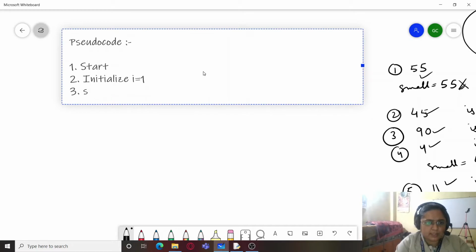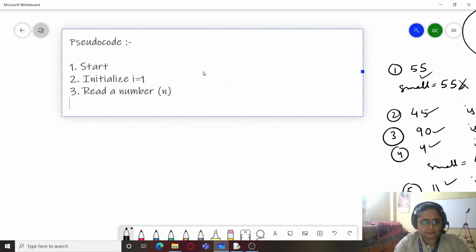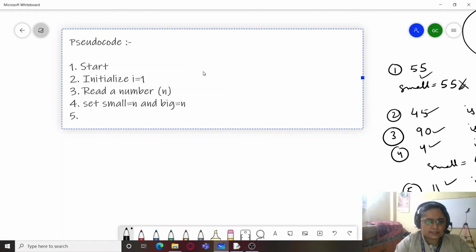First, I will read one number. Read a number from the user, that is n, and set small as n and big as n. So we have set small also as n and big also as n. Now we can start I from 2, because the first number we have already read from the user, right?